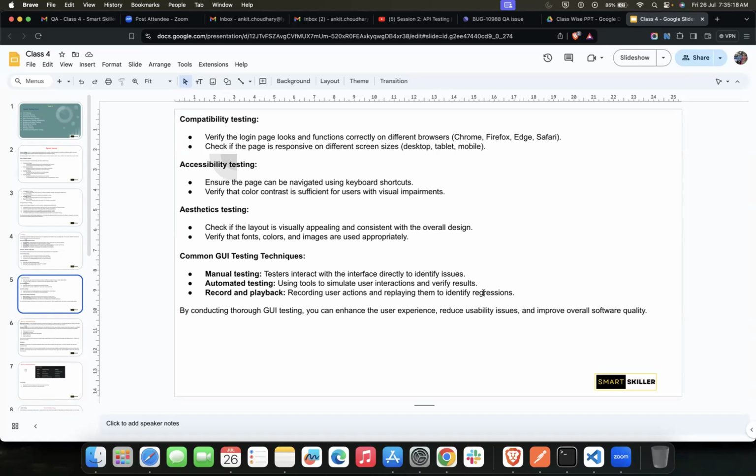In record and playback testing, this is exactly what happens. We record the earlier functionality, and whenever there is a new functionality, new module or new requirement, we play that recorded playback test and make sure the existing functionalities are not breaking.